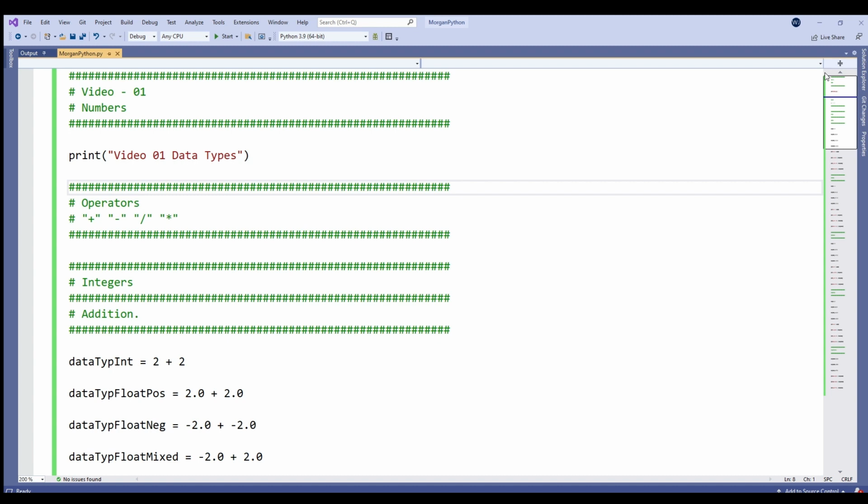Anyway, I hope you enjoyed the video, and we'll be back, or I'm thinking about maybe doing something about the print function, which is very important. It's one of the most heavily used functions